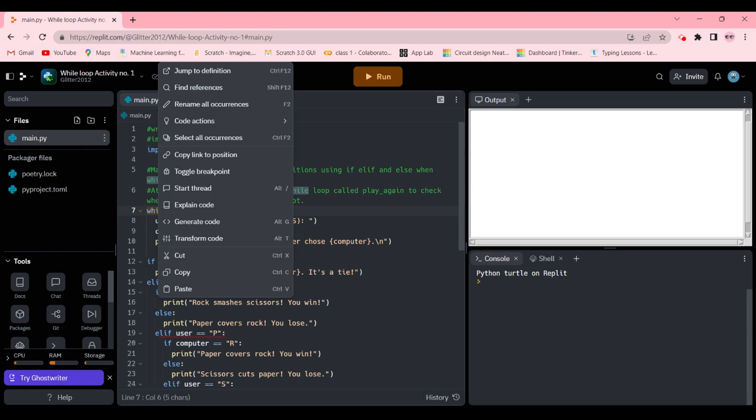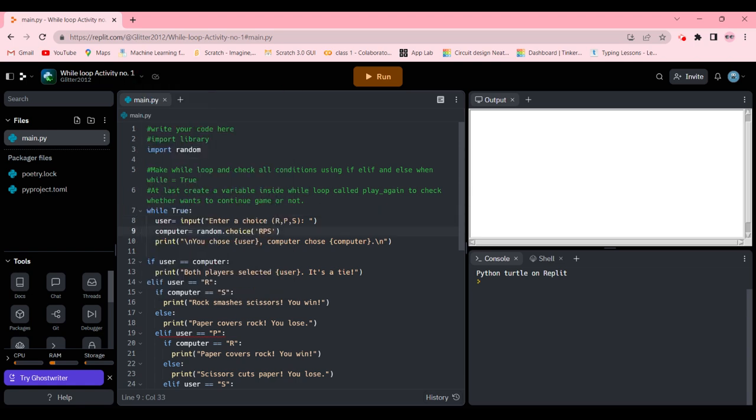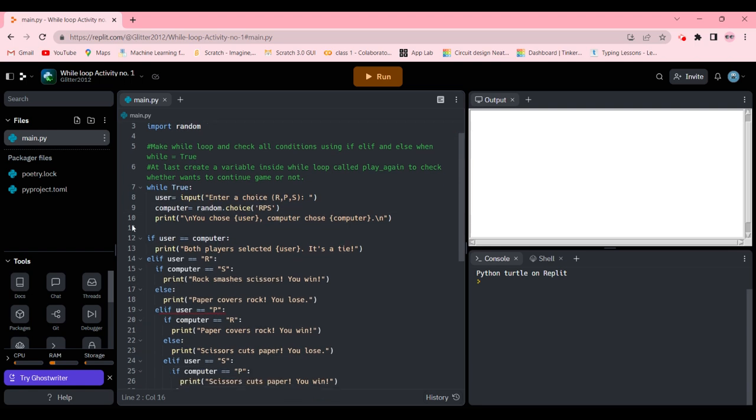Make while equal to true. So while is equal to true, then user is going to be equal to input, enter choice. The computer is going to ask the user to enter a choice, either R, P, or S, meaning